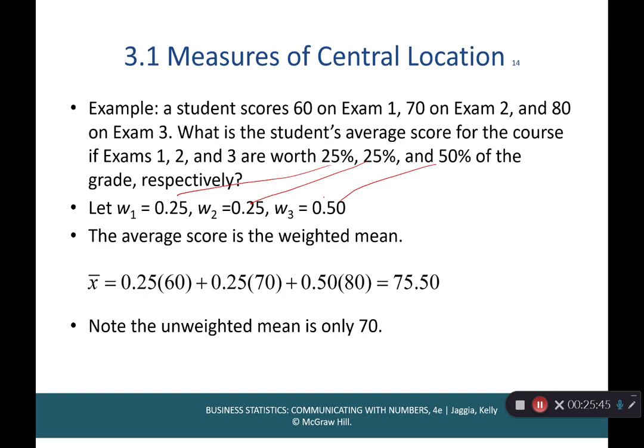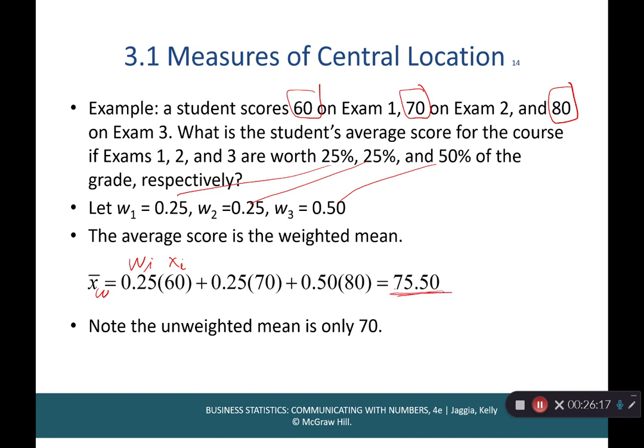And the formula says to find the weighted mean, and sometimes people will denote it X bar W, so it's different than the unweighted mean. You would take each weight and multiply by each observation. Well, each observation means the score on the test. Okay, so the first weight times the first score, plus the second weight times the second score, plus the third weight times the third score. So when you multiply those first and then add them all up, you get a weighted mean of